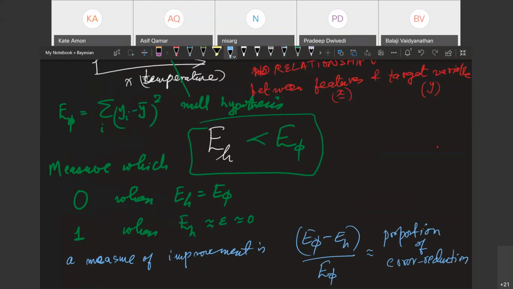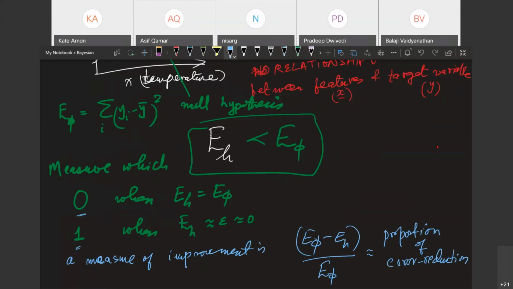And now let's see, does it fulfill this green criteria? When hypothesis error is the same as null hypothesis error, we get 0 in the numerator. And so this becomes 0. That looks right. When hypothesis error is absolutely 0, E null minus 0 over E null would become 1. This looks to be a good measure.